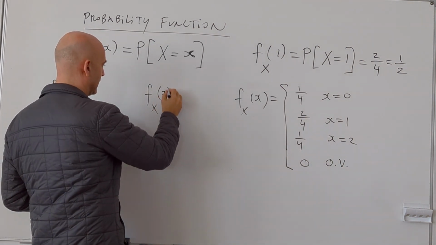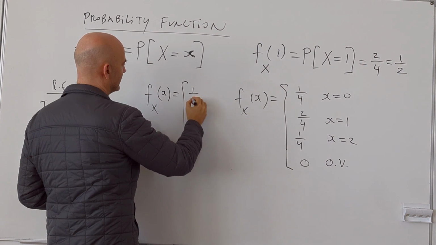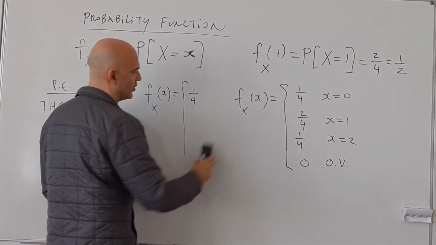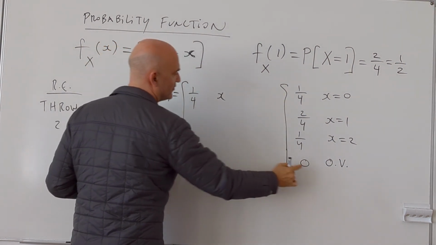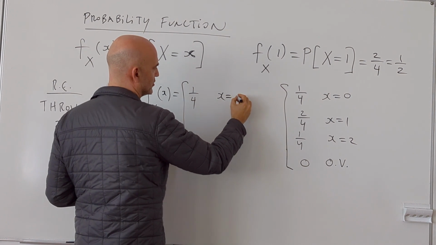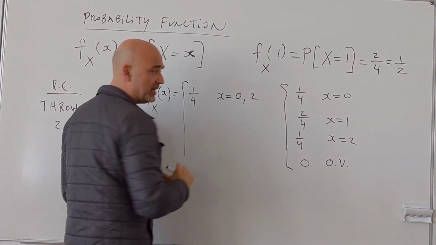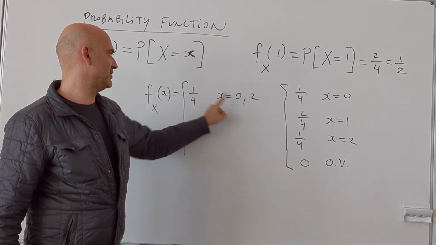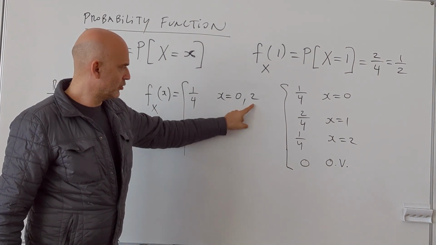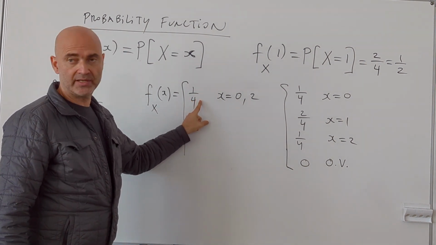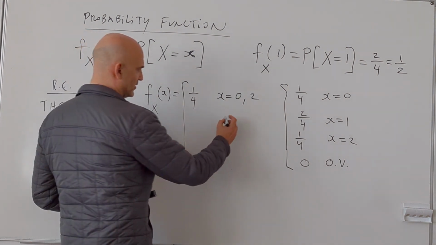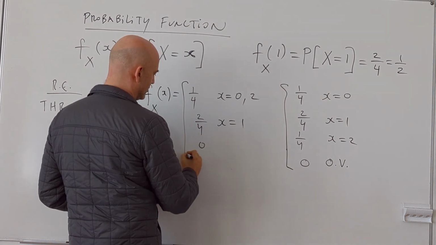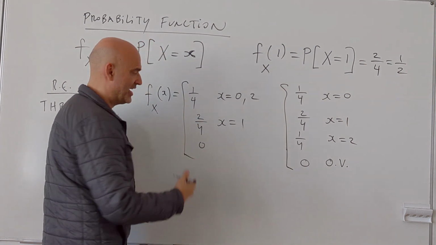So we can put here 1 divided by 4 is the probability of 0, but it is also the probability of 2. So we write x equal to 0, comma 2. The meaning is, this is not the decimal separator. The meaning is 0 has probability 1 divided by 4 and 2 also has probability 1 divided by 4. And now we put here 2 divided by 4 the probability of 1 and 0 the probability of other real